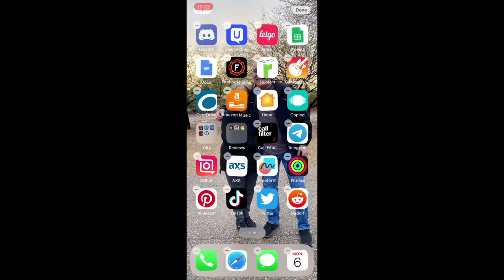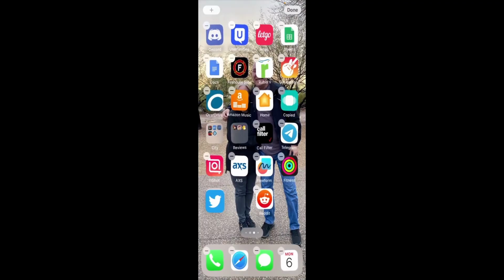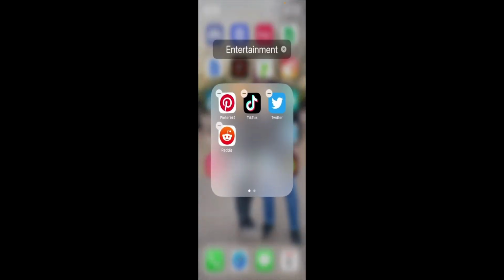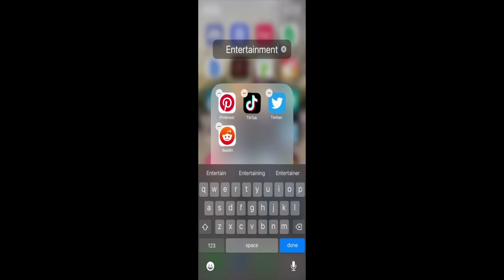Just going to tap on the screen, and you'll see the icons starting to kind of vibrate. I'm going to grab the TikTok app and put it onto the actual Pinterest app, and it automatically labeled it as entertainment, but that's okay. I'll change it later, and then I'll take the Twitter, put it in there. You'll see it kind of looks like it vibrates in, and then I'll do the Reddit, and it's all in there. And then I tapped on it, and you can kind of see it's entertainment, and I'm going to relabel